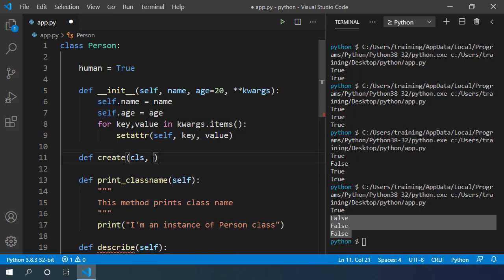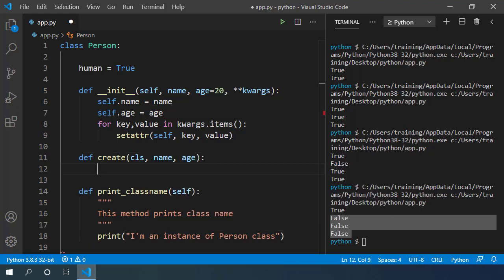It's a similar convention, but this time it refers to the class instead of the object. And then we can provide the arguments name and age. As a method implementation, we can write return cls(name, age). Here this cls refers to the Person class, so it's like calling the constructor with the arguments name and age.